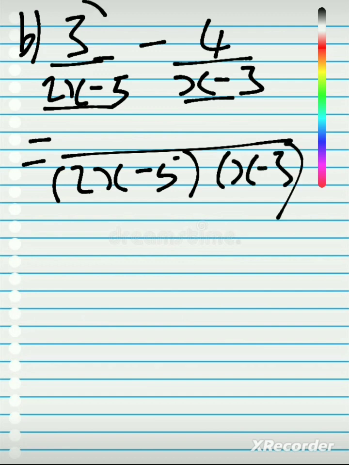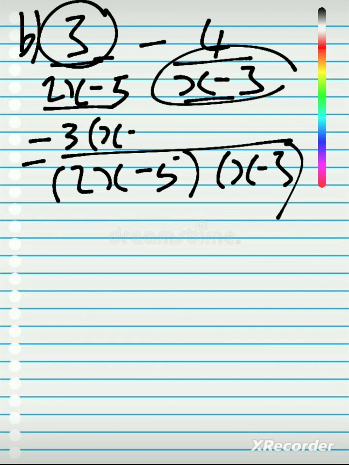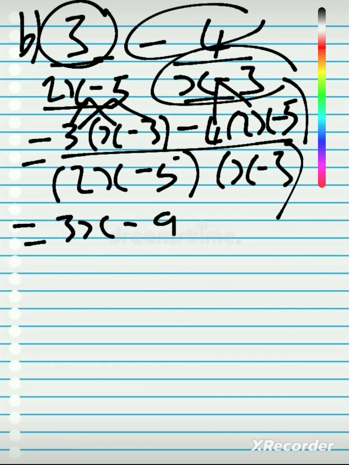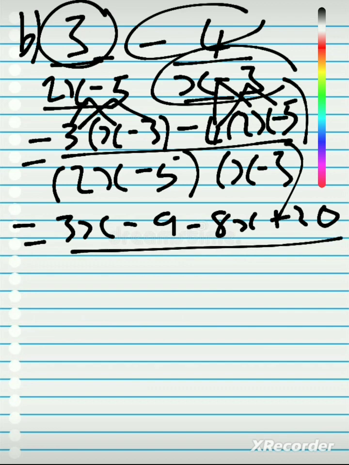Okay, so multiply this and this, so it's going to be 3 times x minus 3, then negative 4 times 2x minus 5. Okay, so expanding the brackets, 3 times x, 3x, 3 times negative 3, negative 9, minus 4 times 2x, minus 8x, minus 4 times minus 5, it's plus 20 over 2x minus 5,